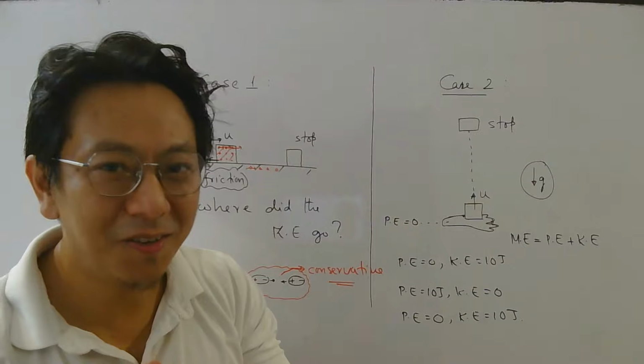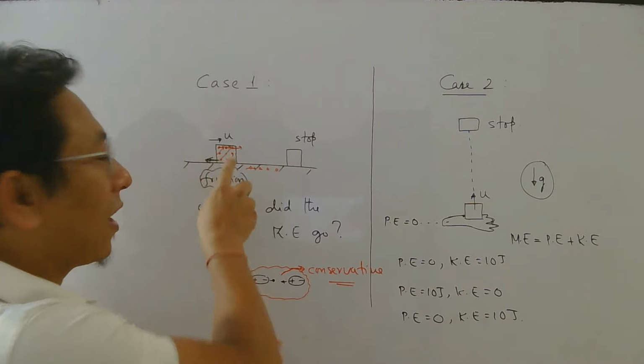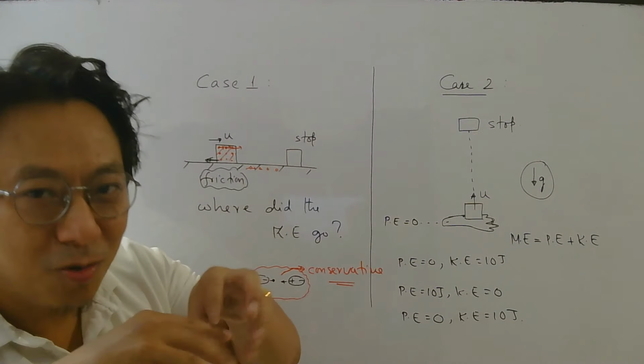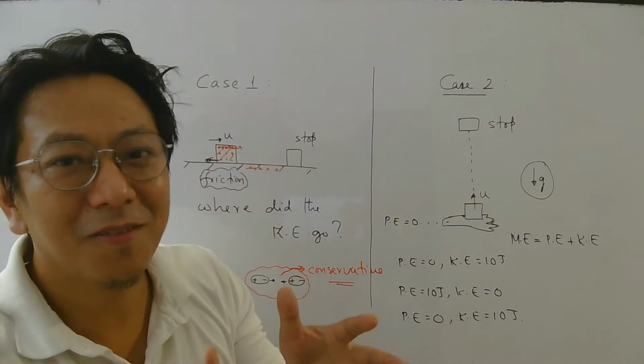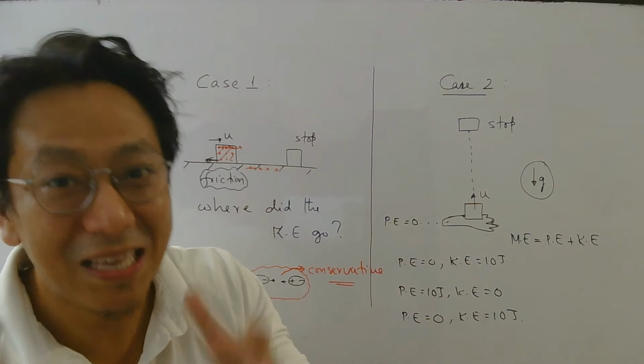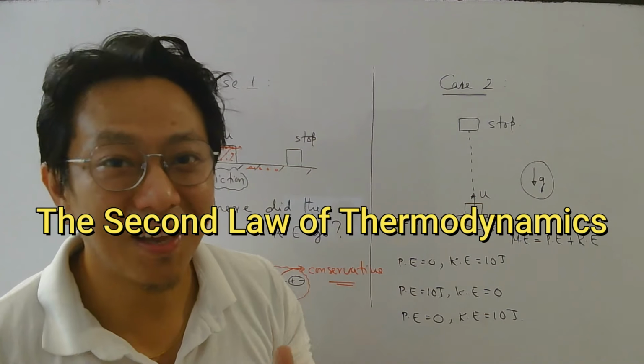Finally, I would like to let you know that this spontaneous conversion of ordered kinetic energy of the block into this disordered random kinetic energy of the particles of the system, which some people call heat, is the basis of what we call the second law of